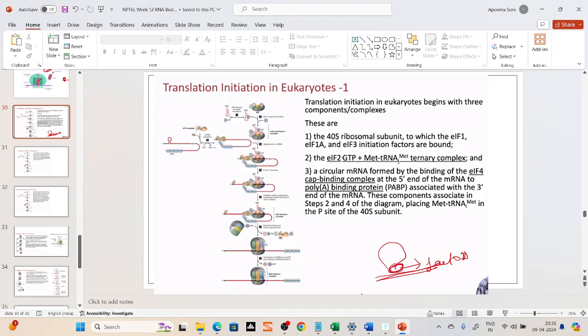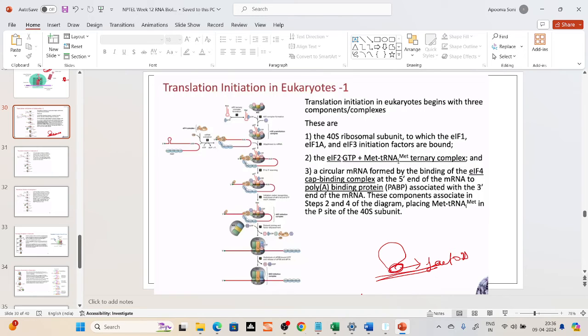First, you have a smaller subunit which is attached to the mRNA. These factors will come and bind to the smaller subunit. As these factors bind to the smaller subunit, it gives a signal for the larger subunit to come and bind. Then the larger subunit will come and bind. As soon as the larger subunit is bound, your charged tRNA is brought by this factor, EIF2 GTP. It will bring the tRNA. Then what will happen? After the tRNA has come,